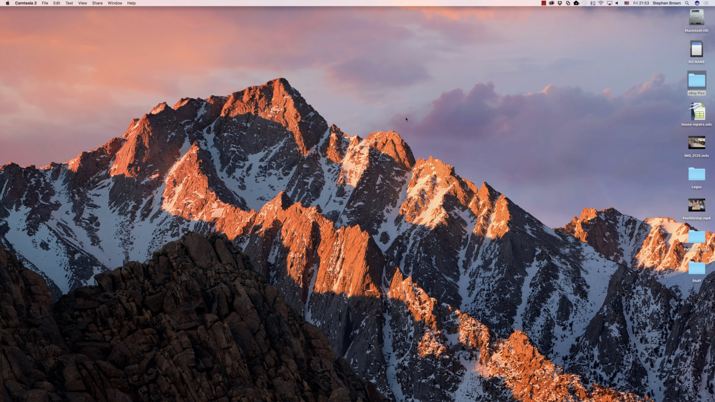I had a viewer ask me how to remove the hard disk icon from the desktop. So here we're looking at the desktop. Here's my hard drive icon. I'm going to show you how you would remove that and a few other things you can do within the